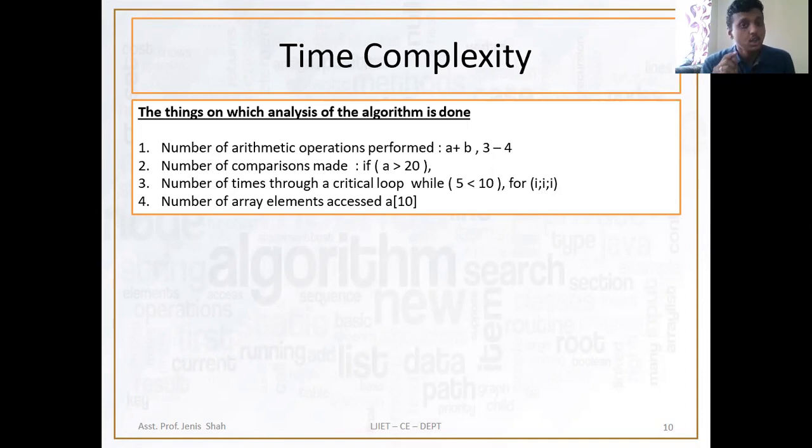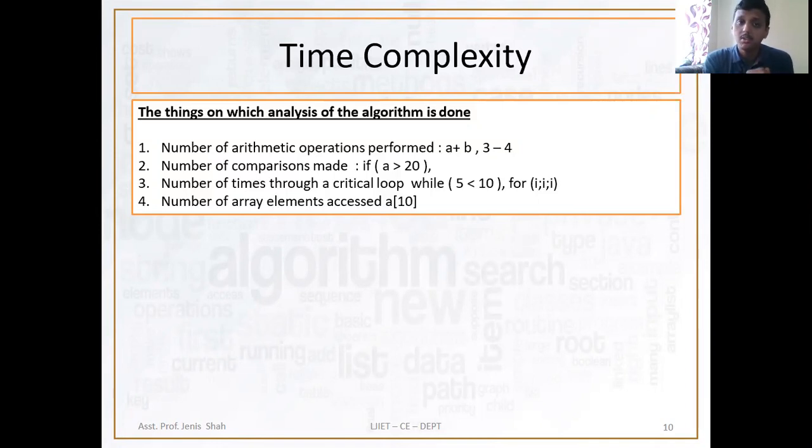Suppose your algorithm has three variables, right? Like integer a, float b, character c. I'm repeating it: integer a, float b, character c. Integer occupies 2 bytes, float occupies 4 bytes, character occupies 1 byte. 4 plus 2, 6 plus 1. So how many bytes in total? 7 bytes. So 7 bytes are occupied by the algorithm. Fine. It will be considered as space complexity.